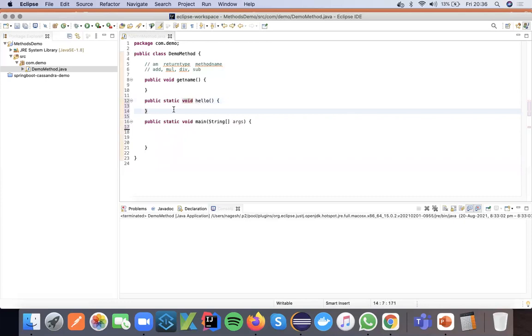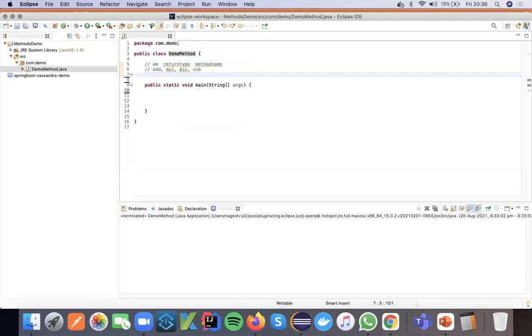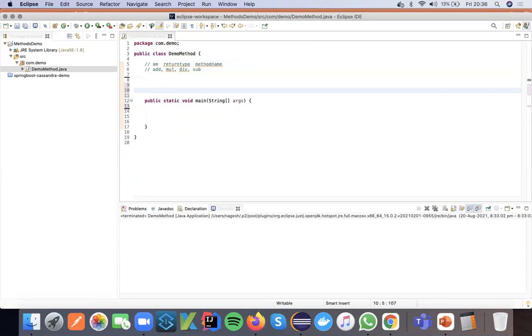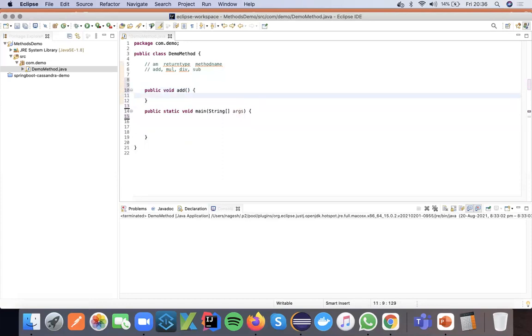So what is the difference between these two? A static method is one where you need not create an object to call it. If you want to call a non-static method, you have to create an object for this class and call the specific method. Now we are somewhat clear with the syntax. The key thing to understand is the return types: how we will return values to another method.